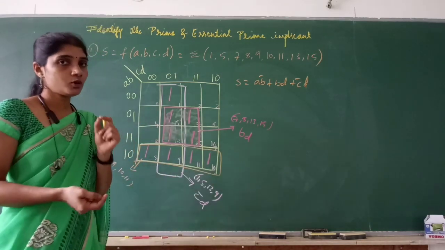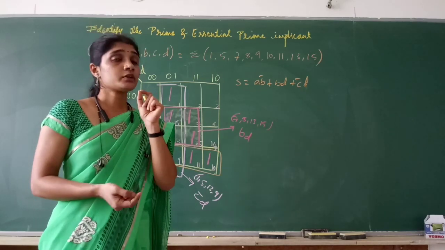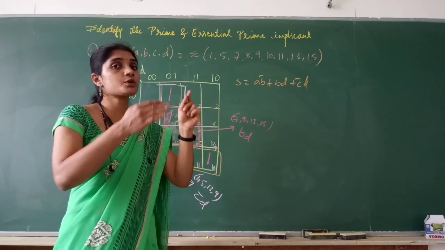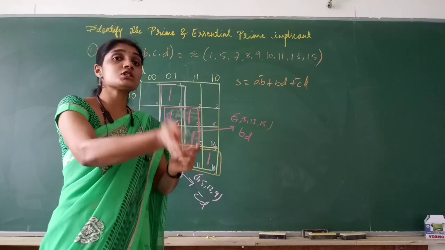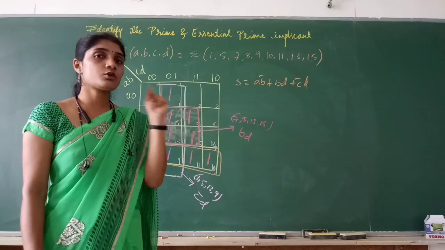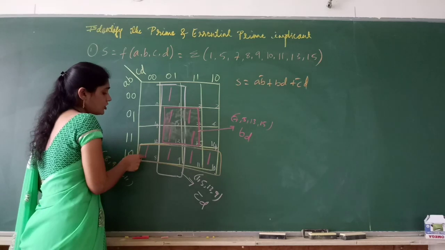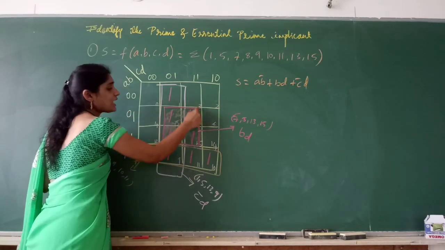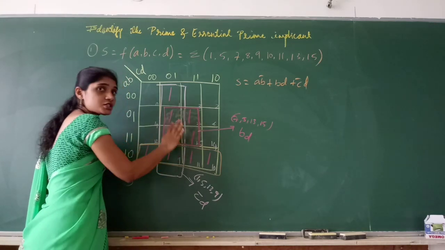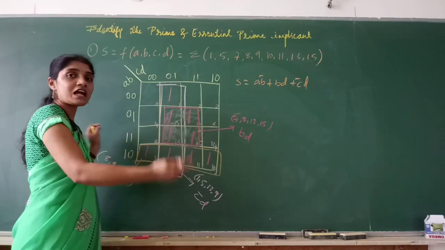When you solve the switching equations using a Karnaugh map, you have to be very careful. It is not only that you look for the unique min term. You should also make the largest possible grouping. You have to understand the Karnaugh map rules when you group. This is the largest possible grouping that I have gone for. I should not go for 7 and 15 alone. You have to make use of all the adjacent cells and frame the largest grouping.